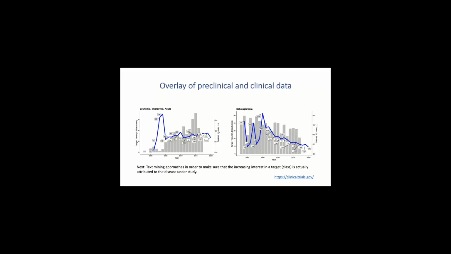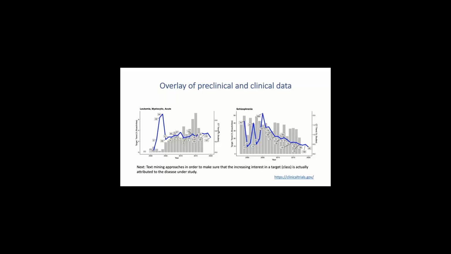And then for those diseases, of course, looking for several synonyms of the disease, and then we just overlaid the trends. And of course, we have to appreciate these are very different time points that we are looking at. But if you look at the left-hand plot for AML, you see that the preclinical trend, so the target trend from Campbell, is steeply increasing. But if you look at the trend from clinical trials, you see it's rather flat. So this trend hasn't been taken up by the clinics, I would say.